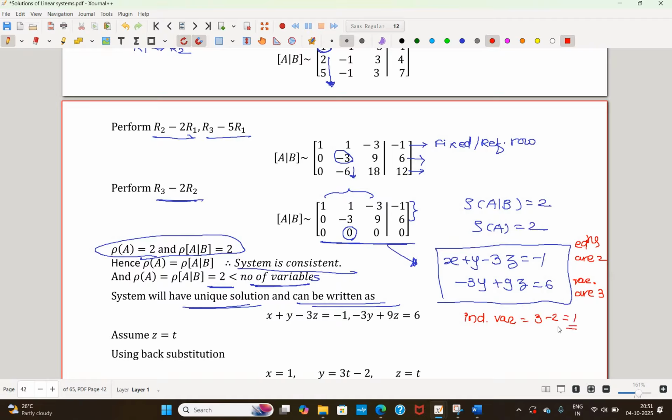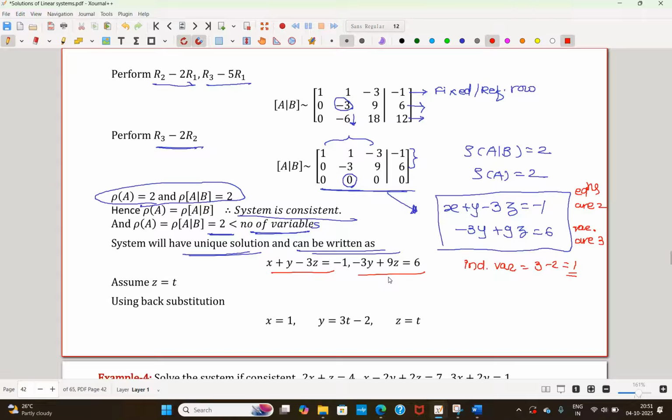So एक वेरिएबल को हम इंडिपेंडेंट मान के चल सकते हैं. Now out of these two equations, it's easy to pick the independent variable from the equation in which less number of variables are present. Means from equation 2, either you can consider z as t or you can consider y as t. So here assuming z is equal to t, where t is the parameter, right,